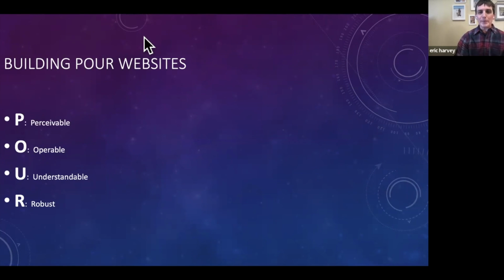The O is for operable. This has to do with the interaction. This, as you can imagine, is intrinsically tied in with perceivability. Something that can't be perceived can't be operated upon. So for example, if you have fancily coded sliders or hover states on your websites, those are going to end up being inaccessible because they can't be perceived. This is also true for things like CAPTCHAs.